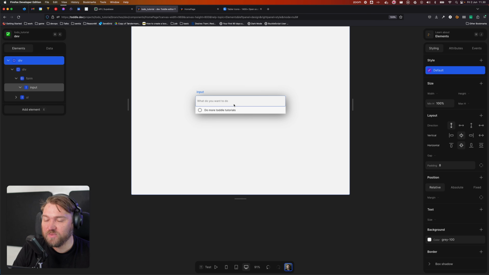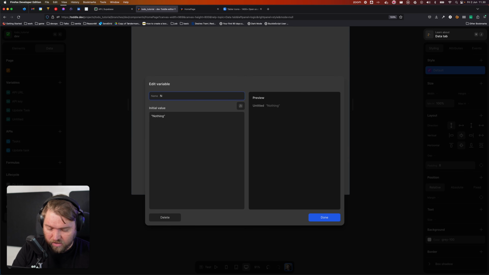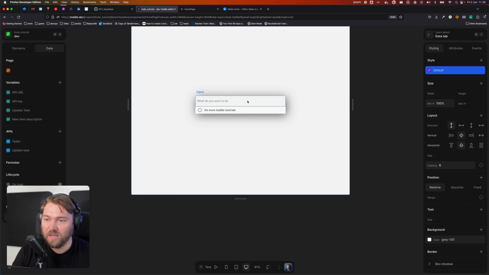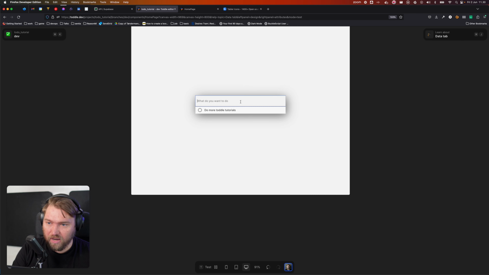Now, in this case, just like we did on the login page, we want to bind this input to a variable so that when we submit it, we have the data to send off, right? So I'm going to add a new variable, I'm going to call it new item description. I'm going to set it to nothing to begin with. Our input's on attributes, just like on the login page, we'll bind that to a variable, right? So now we say